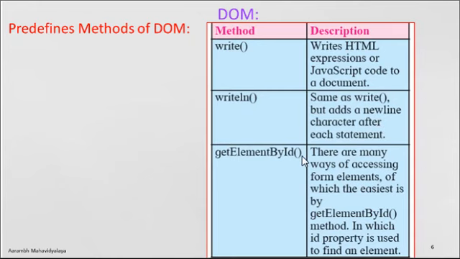Then next one, getElementById. When you enter something on the form, this getElementById accesses that data from the form. Okay, for example, if you are running the program of a form and on that form you have to provide your registration number, then your entered registration number will be accessed by the program by using getElementById. Last year also we used this method in our JavaScript's last program.